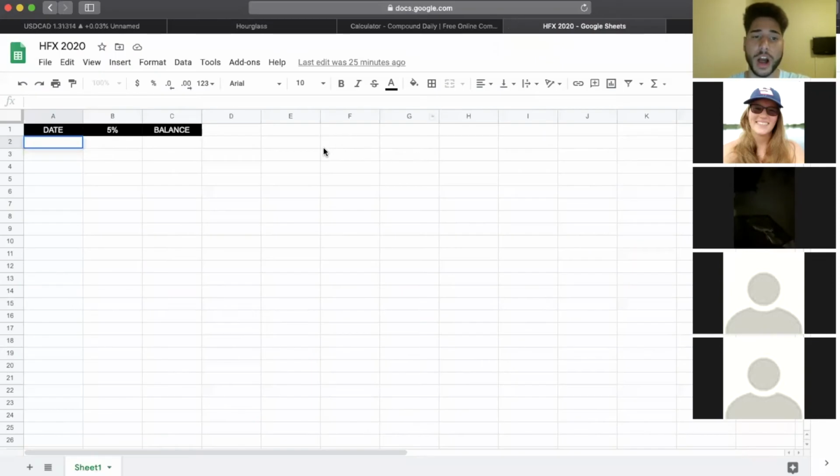Now, another thing with the compound plan is you want to make this. You want to go on Google Sheets, just make 3 tabs: date, write 5%, balance. Now, what is the purpose of this? It's to have a better, accurate compound plan. So if we go right here,